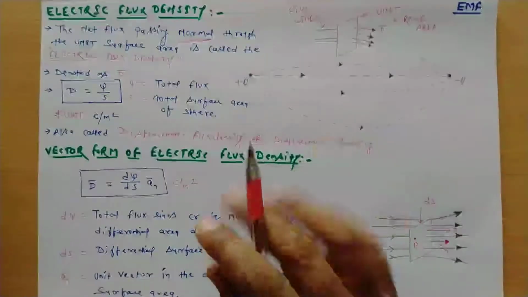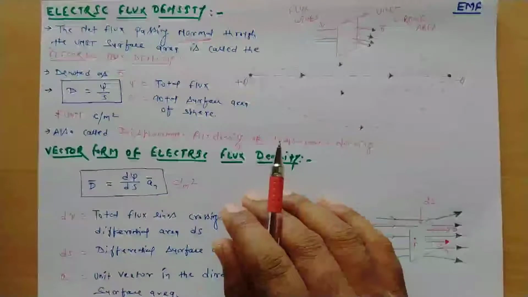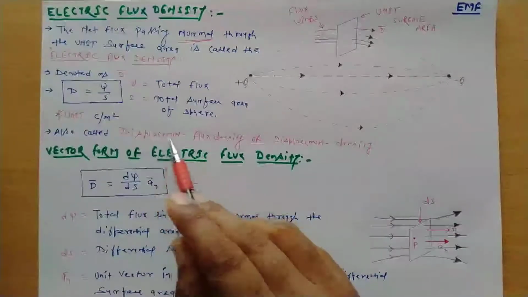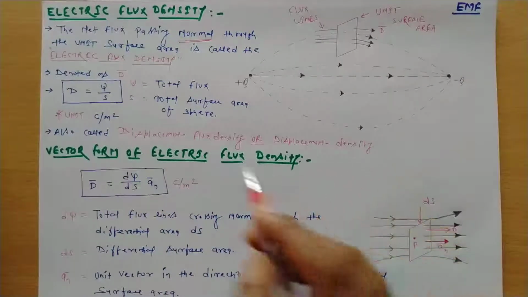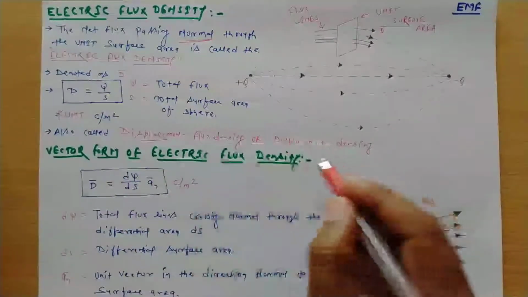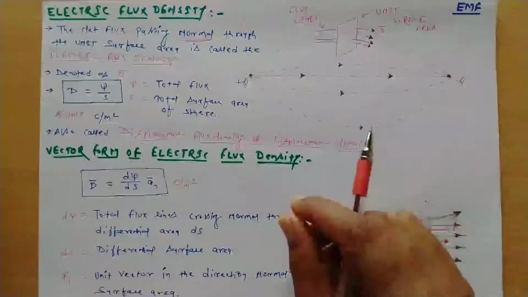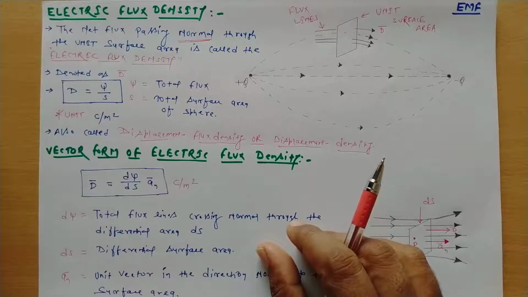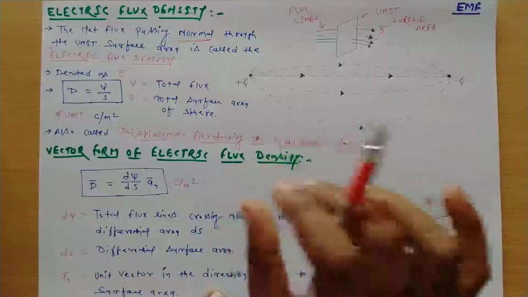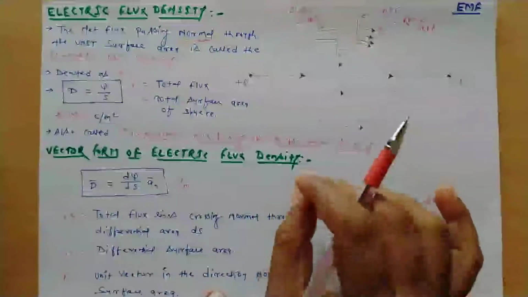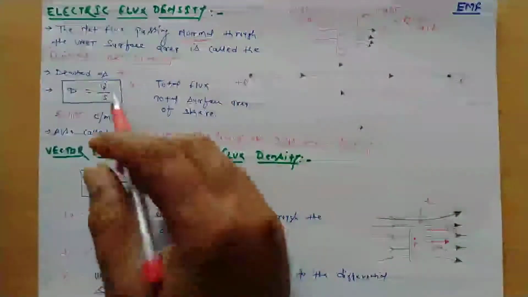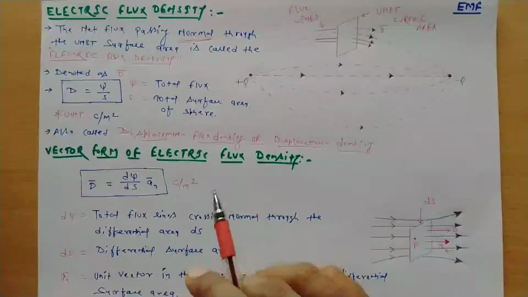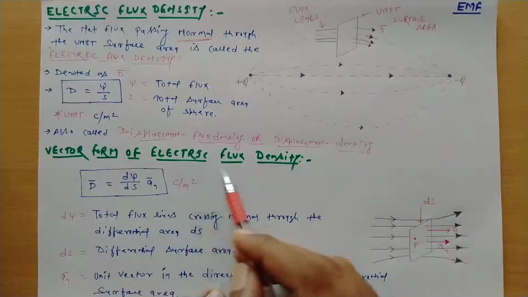So it is possible that in some examinations, instead of writing electric flux density, they have asked in terms of displacement flux density or displacement density. So be careful regarding the synonyms of the electric flux density. Ultimately, I can say the electric flux density, defined in a simple way, is the total amount of flux lines passing normal through the unit surface area, denoted as the flux per unit area. Okay, in the next part we can look at the vector form of the electric flux density.